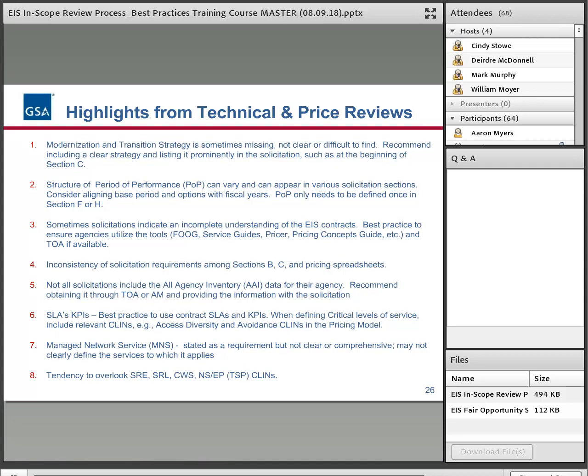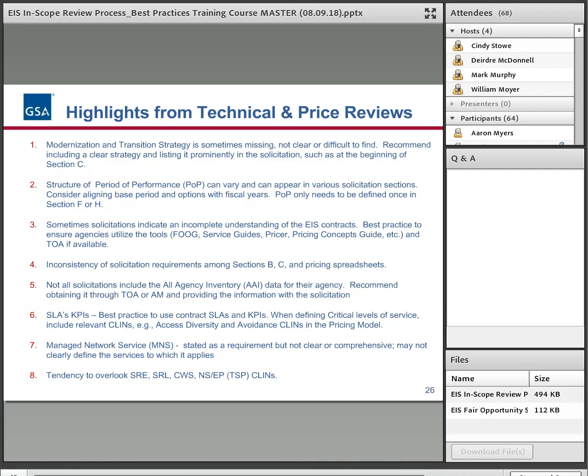We also recommend structuring the period of performance so that it aligns with the fiscal years. That can help with coordinating funding and getting the appropriate funding for your base period and also the subsequent options.